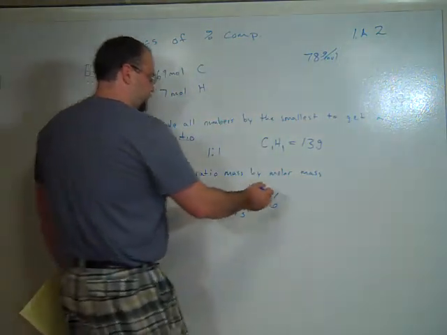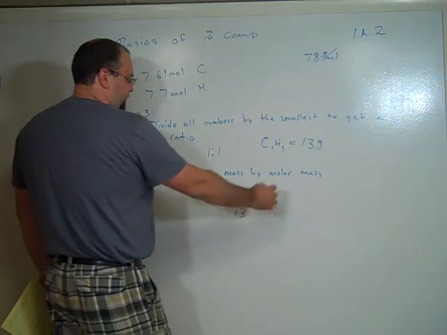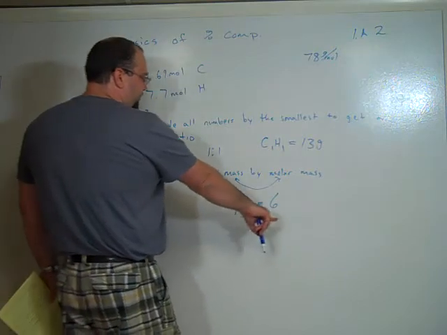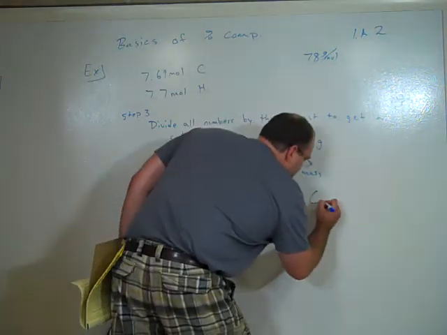Anyway, so I take the molar mass of my compound and divide it by my ratio mass. I set it backwards before, so let me flip this. I take 78 and divide by 13, that gives me 6. And that tells me my subscript. So I know it is